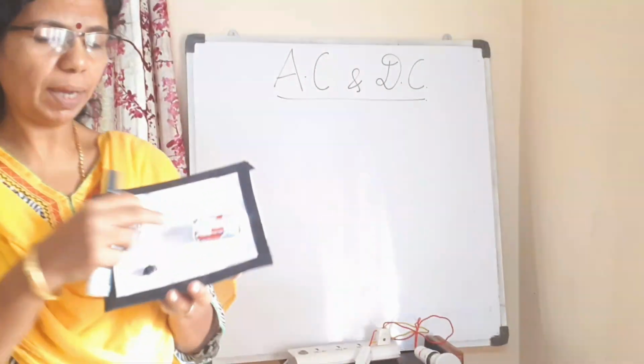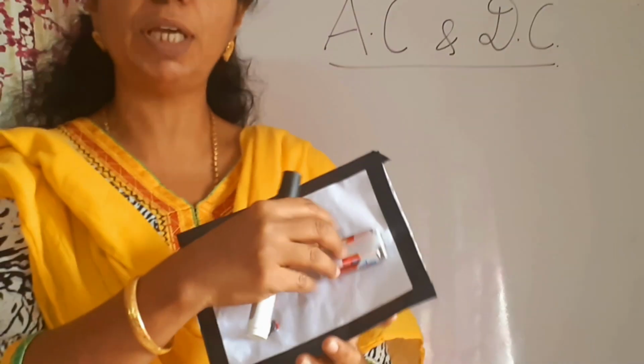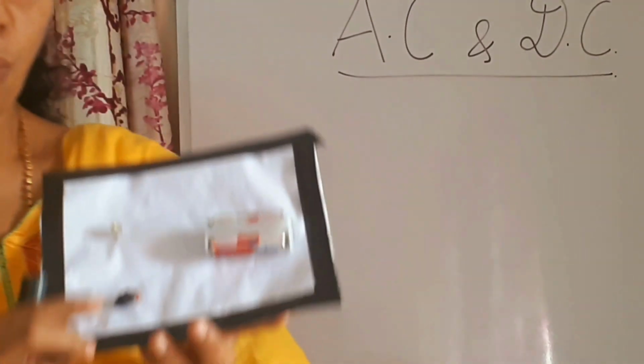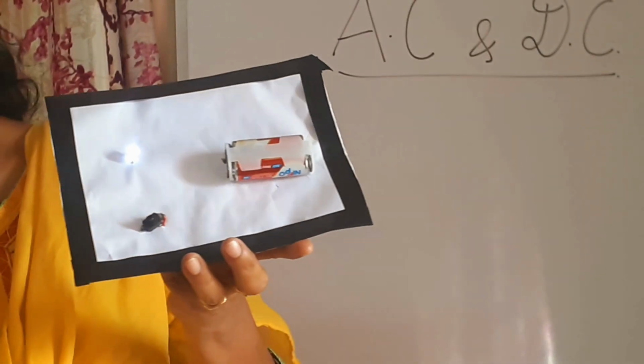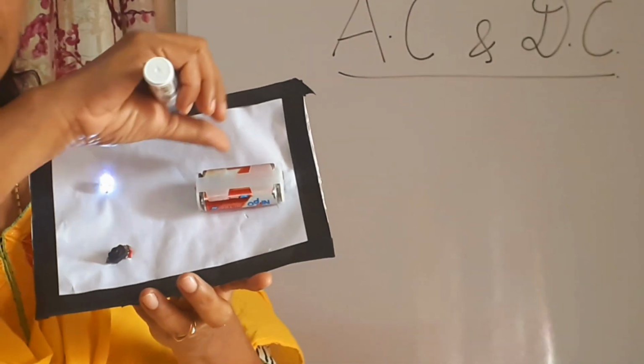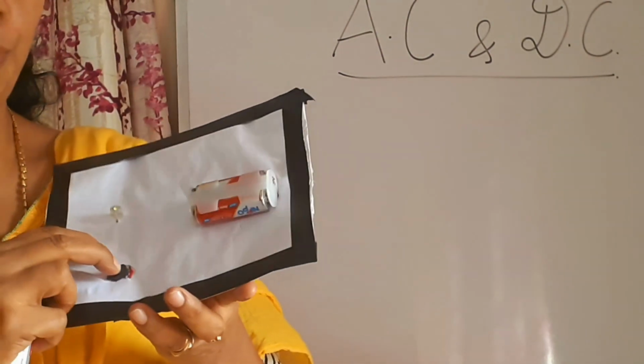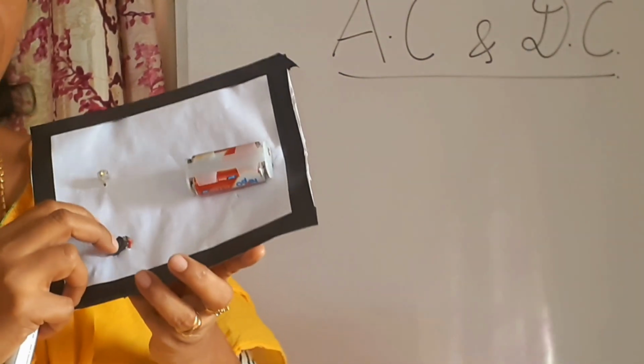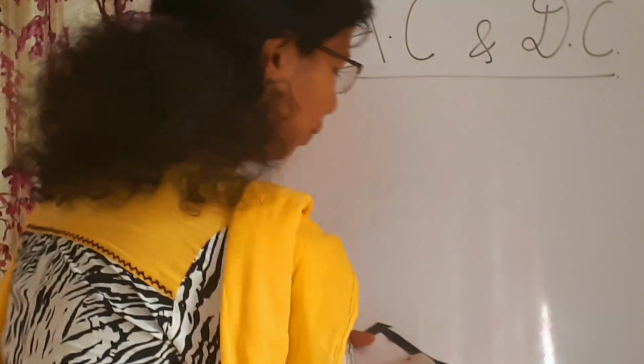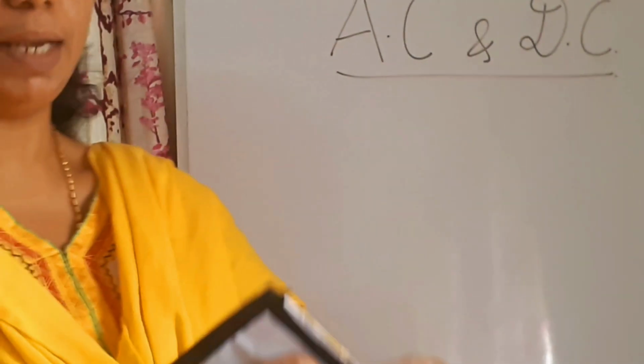Now let us come to this first circuit. From where did the bulb get the current? The bulb got the current and voltage from these two cells. What will happen if I take this cell and connect it in the opposite direction? You know that a cell has a positive and negative. Let me remove this one cell here.